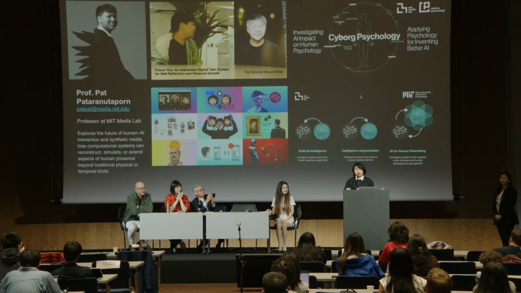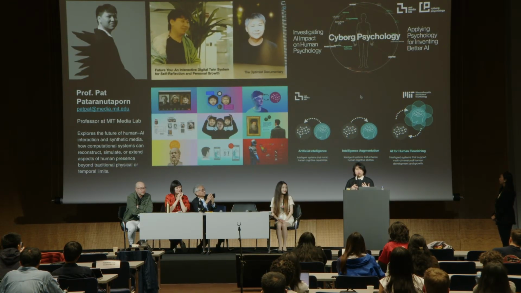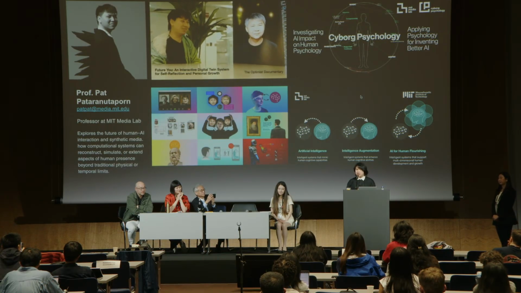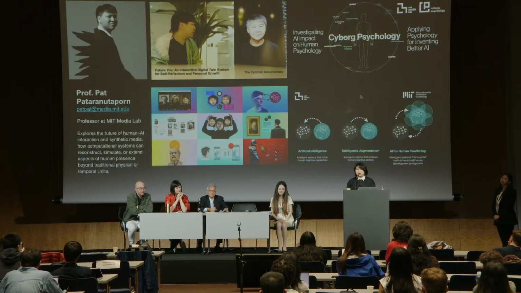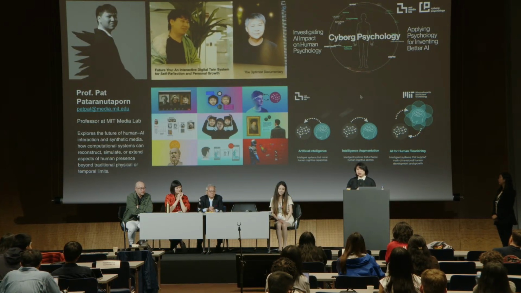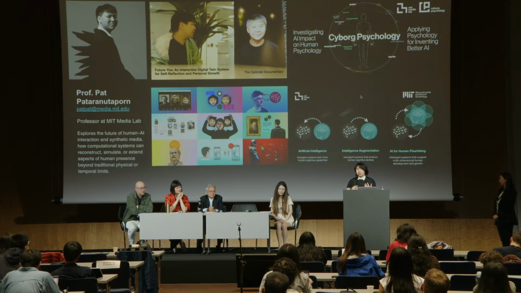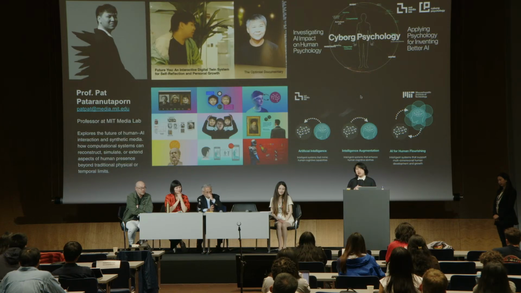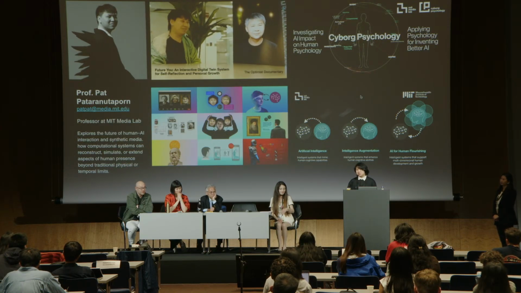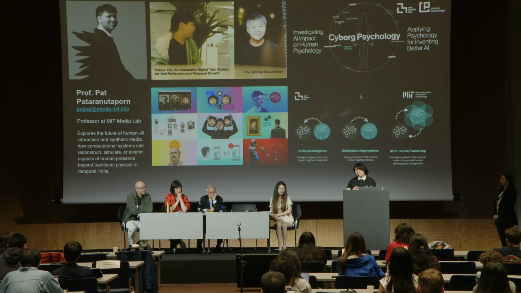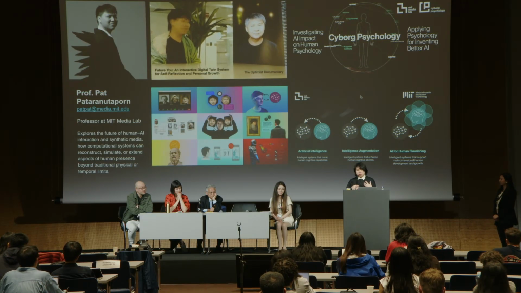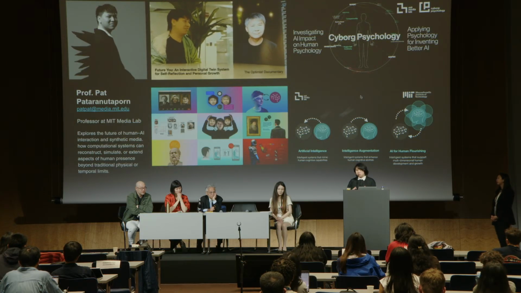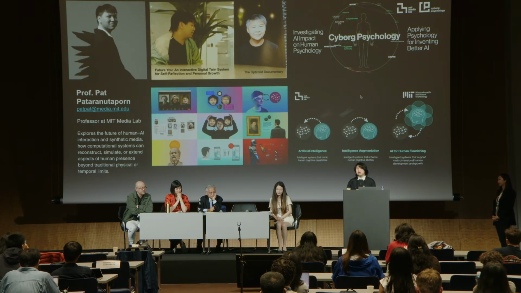My work focuses on AI and human flourishing, which I think is a really important goal. What I am afraid of with the current development of AI technologies, as people think more and more about super intelligence, is the opposite, which is super stupidity. If we don't really understand how we design the technology, it could have a negative impact on the personal level and societal level. So in my research group, Cyborg Psychology, we are interested in investigating how AI can shape human psychology for both positive and negative outcomes, but also applying the knowledge about psychology to design better